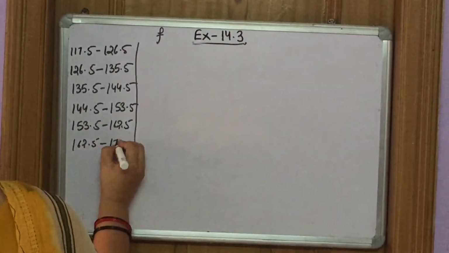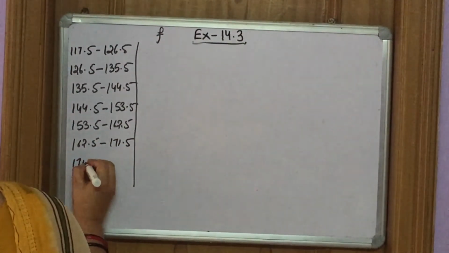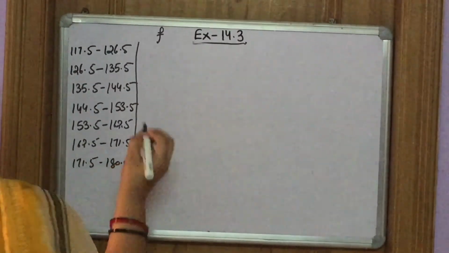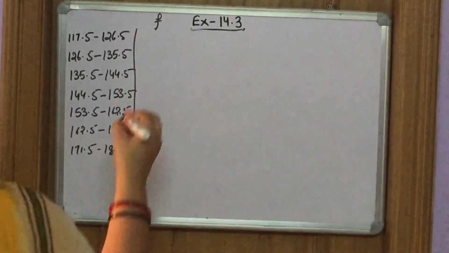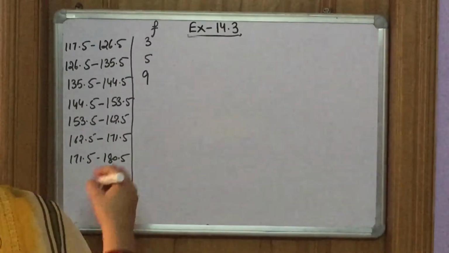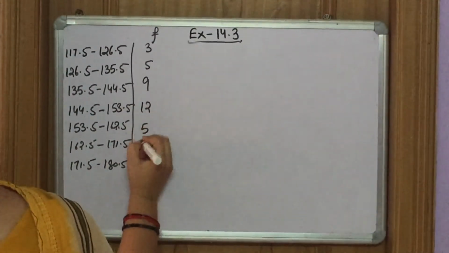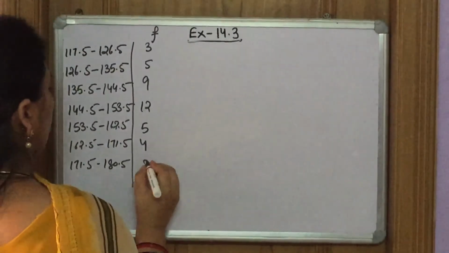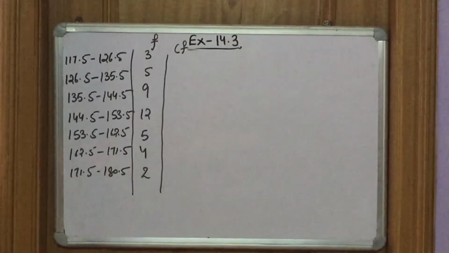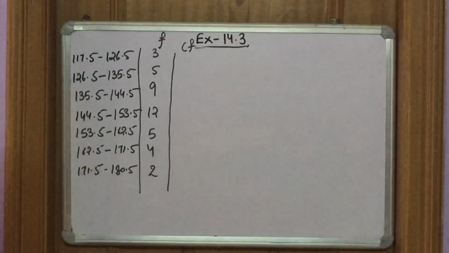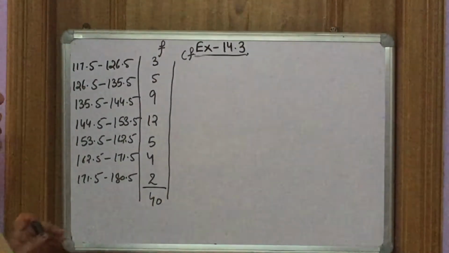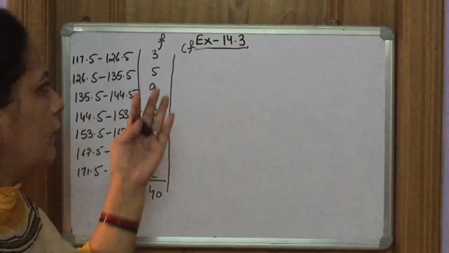The next is 171.5, 171.5 and last is 180.5. So the frequencies are 3, 5, 9, 12, 5, 4 and 2. The next column is CF because to find a median we need the cumulative frequency. The sum of this column is 40. We obtain the cumulative frequency by